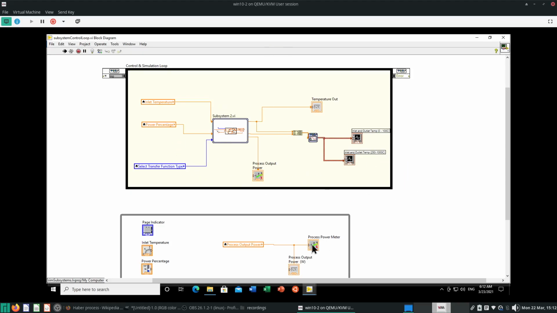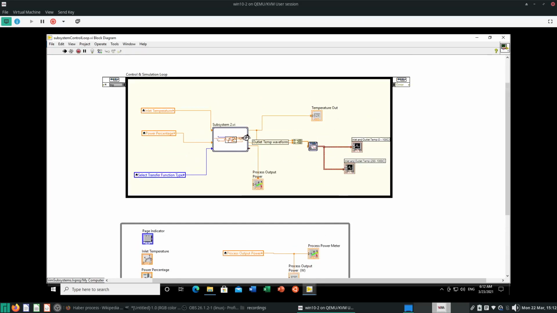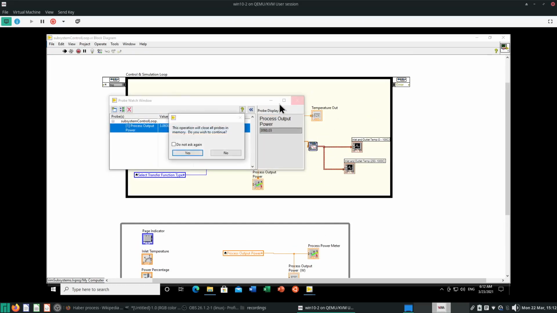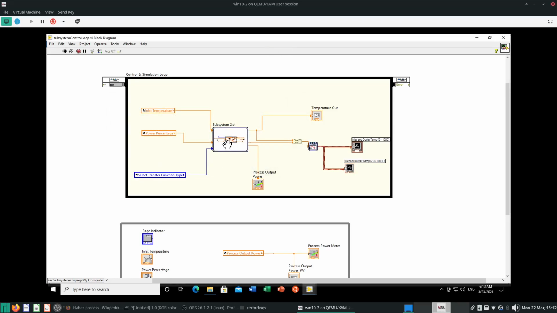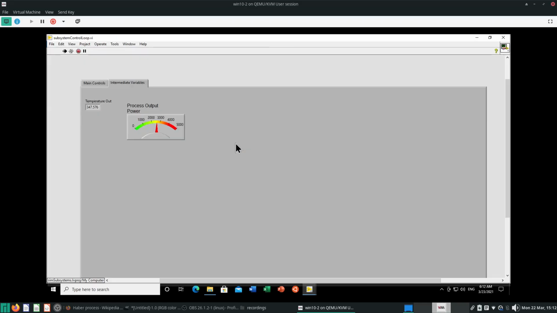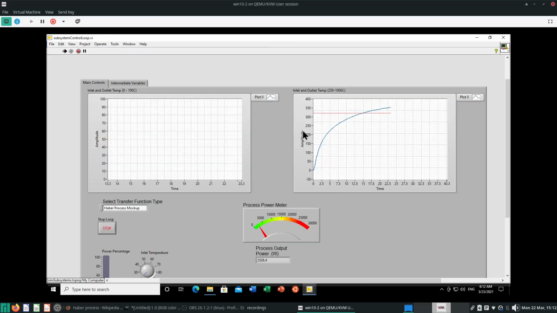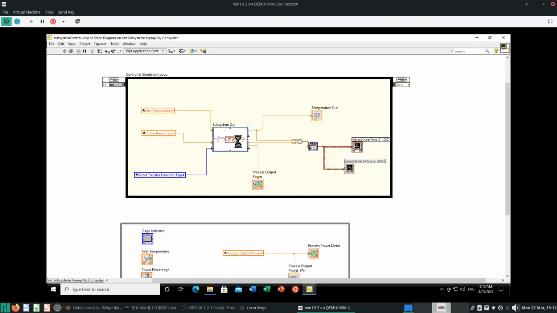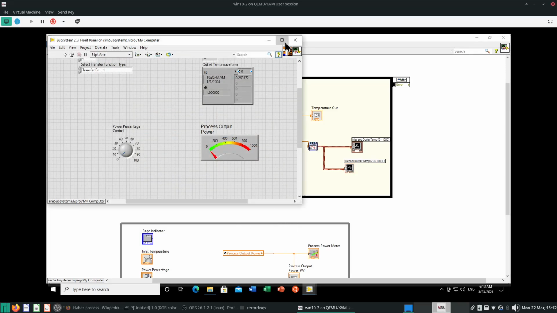I've explained in the last video what this block diagram does, and mostly it's based on this sub VI over here. Okay, it's based on this VI called Subsystem 2. So I will stop this, and save. I'll go to this subsystem and I'll show you what is the